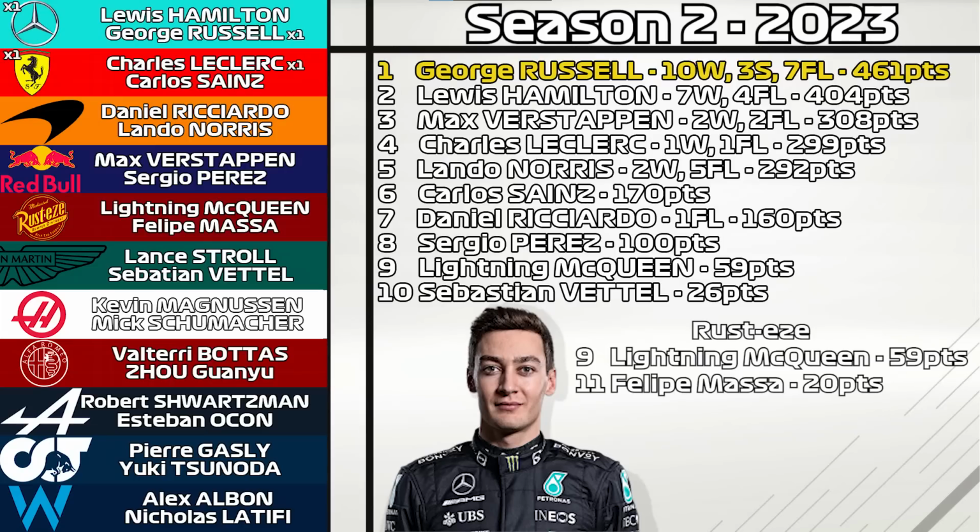Another midfield season for Rusty's, as Lightning secures another P9 and Massa another P11. This helped Rusty's beat Alpine in the Constructors to finish P5. Aston Martin had a strong showing this season, with Sebastian Vettel finishing P9 in the Drivers to help his team finish P6. No regulation changes are going to come into effect at the end of the season, however there were